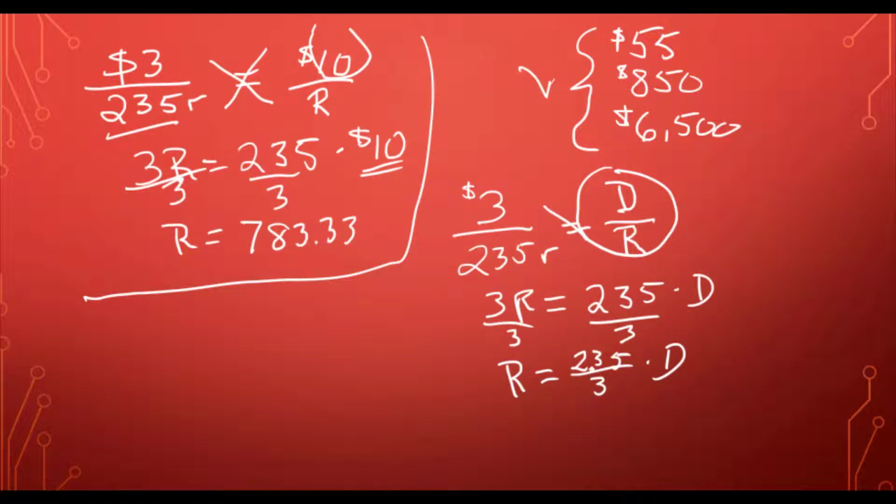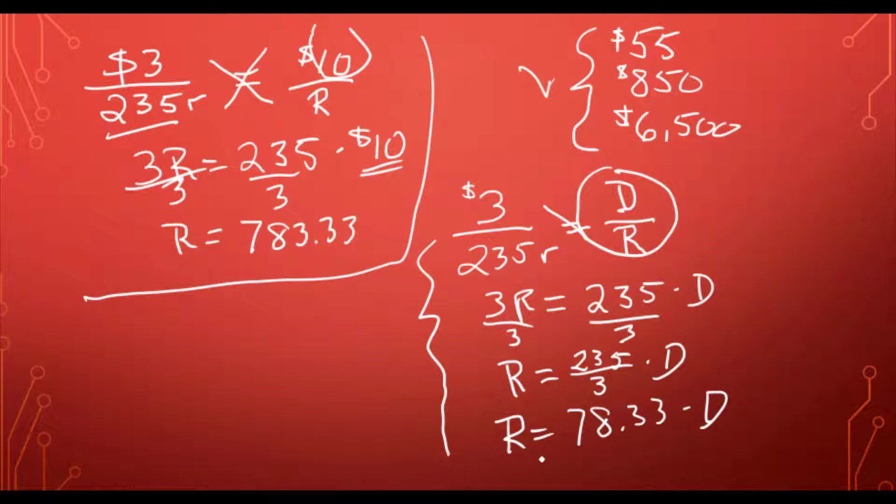So now I'm going to actually go on my calculator and divide 235 divided by 3. And I get 78.33 times dollars,